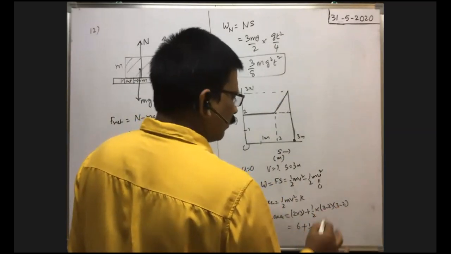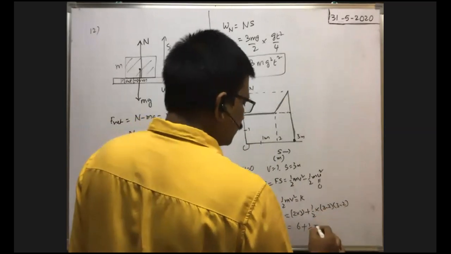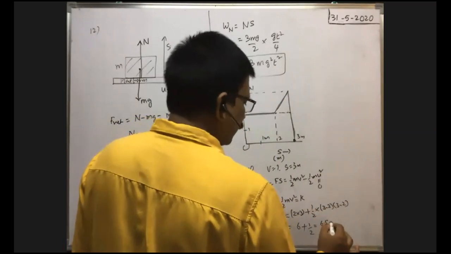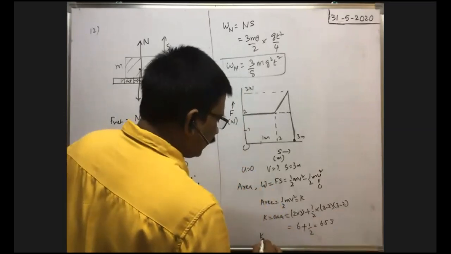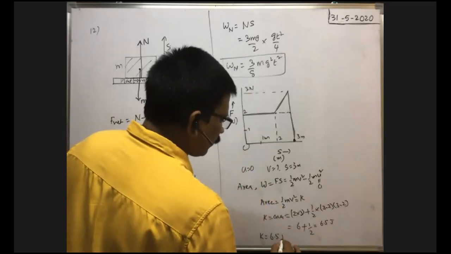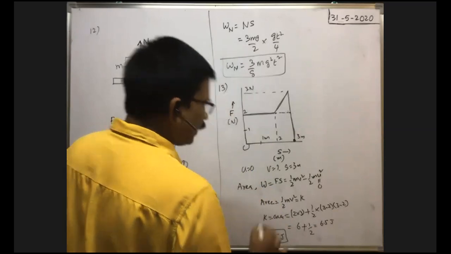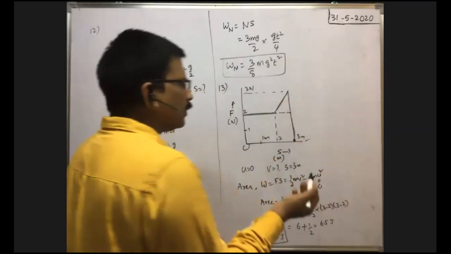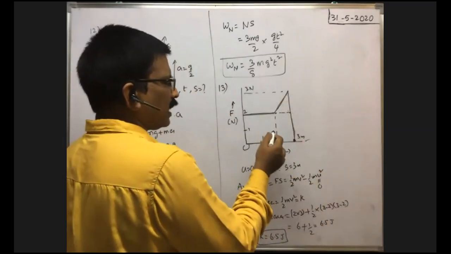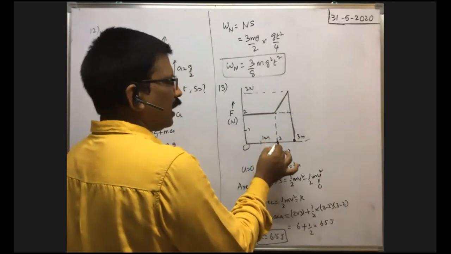So 1 into 1 means 1 by 2. So this is equal to 6.5 joules. Therefore, the kinetic energy acquired by the body is equal to 6.5 joules after it has covered a distance equal to 3 meter. Suppose they ask what is the kinetic energy acquired after 2-meter displacement or 2-meter distance travel,